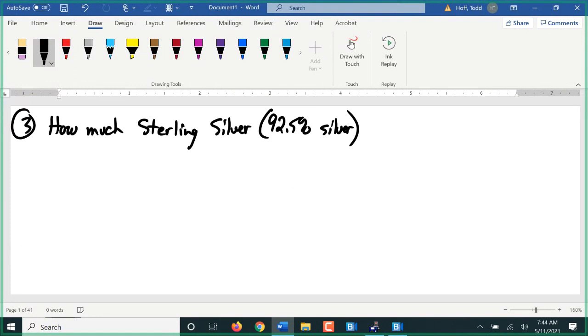Pure copper, I'm sure you've seen pennies, corrodes pretty bad over time. Pure silver actually corrodes way worse. But if you mix the two, that 7.5% copper in with the silver, it makes it so it does not corrode. It still will corrode some, but not nearly as bad as either one of them individually. And that percentage seems to be the optimal percentage to prevent corrosion and to maintain the appearance of a pure silver. So how much of that sterling silver, 92.5%,